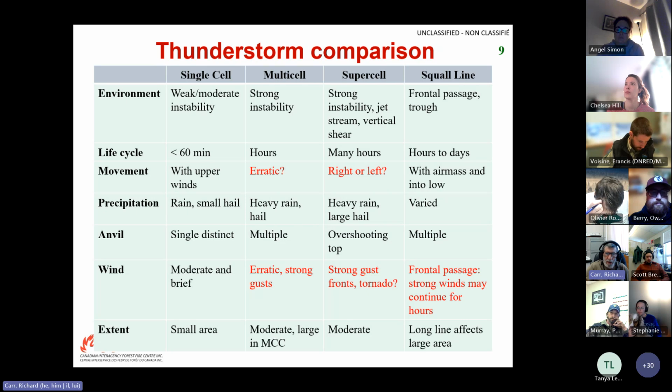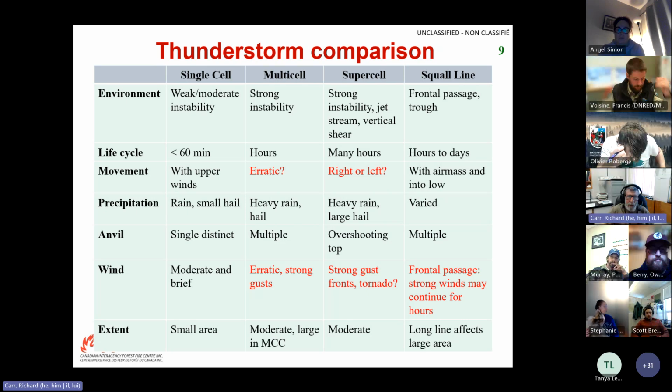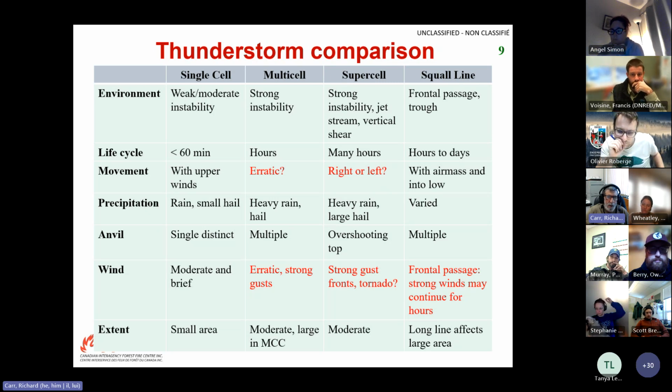And wind, of course, fairly erratic or strong gusts in multi-cells for sure, and supercells are more likely to cause strong gust fronts and possibly tornadoes. The frontal passages, you might get a very brief burst of wind, or it might last for an hour or a few hours, and other situations might last for quite a few hours or even a day or two after the frontal passage. Just down at the very bottom there, the extent, the single cells just cover a small area,